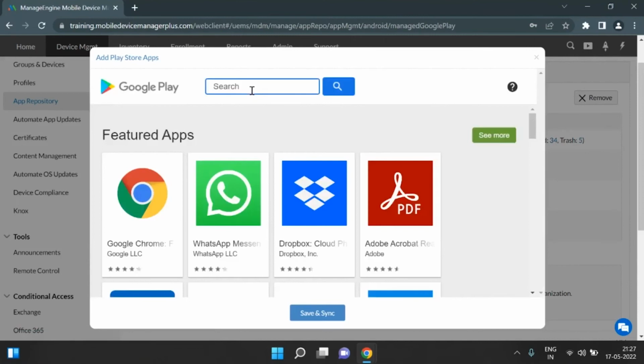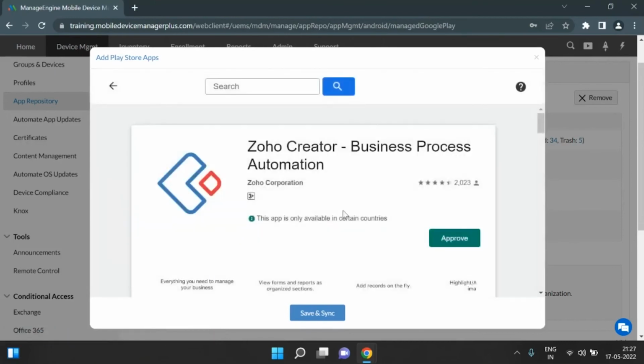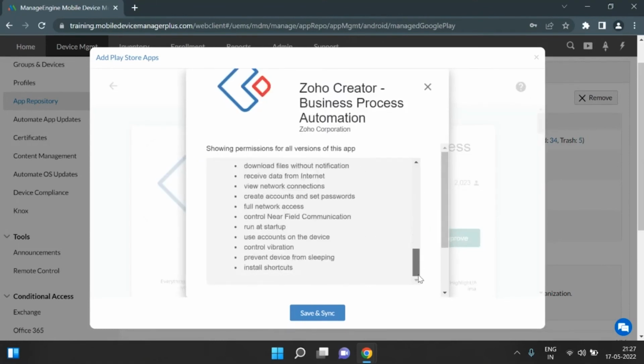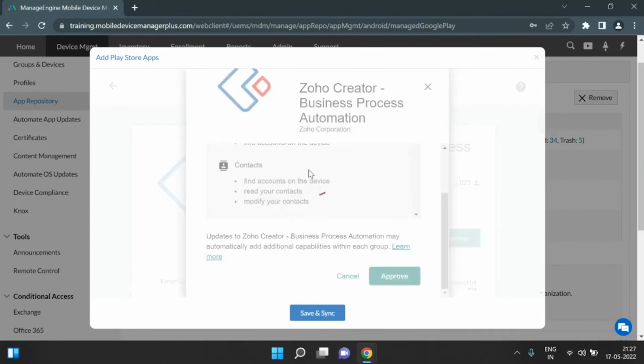Now enter in the name of the app that you're looking for. I'm looking for the Zoho Creator application. So now you will be asked to approve the application. Now when you click on Approve, it will show you a list of all of the functions that this app will have access to. Once you've gone through these permissions, click on Approve, and now you will be asked how